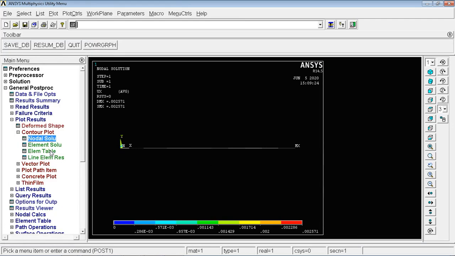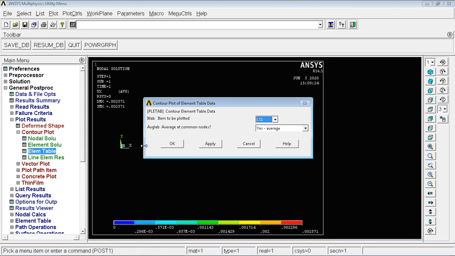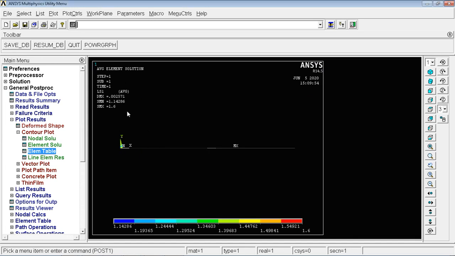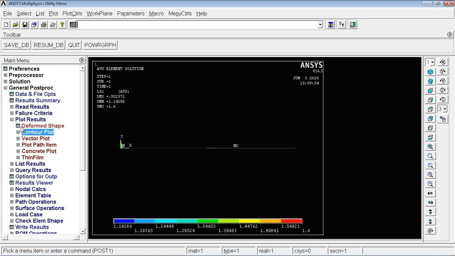Next I'll go for the element table. I'll select S average. This is the value of stress. I got 1.14 Newton per millimeter square and stress 2 is 1.6 Newton per millimeter square, and the total deformation is 0.002571 millimeter.